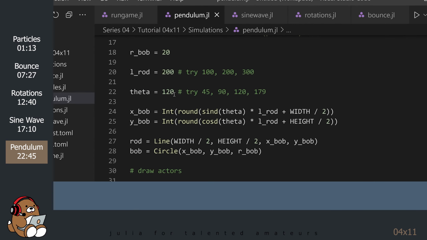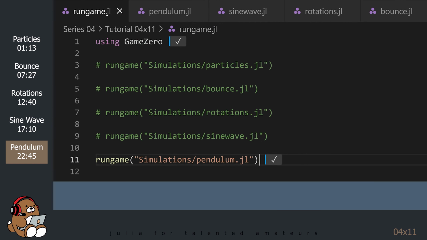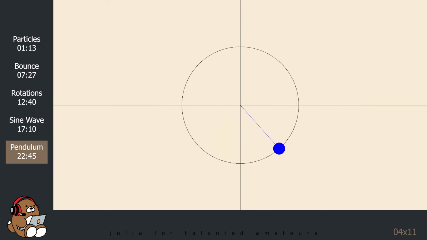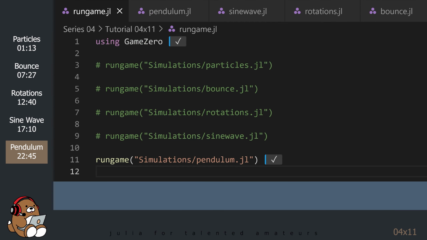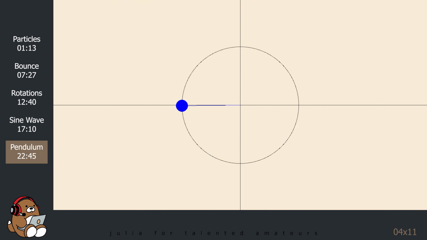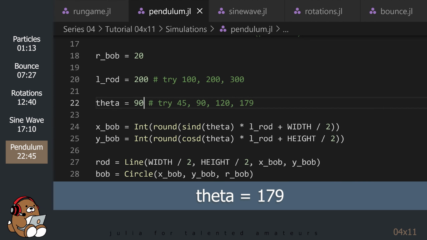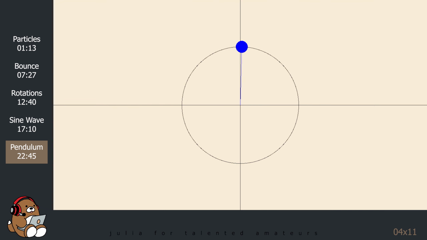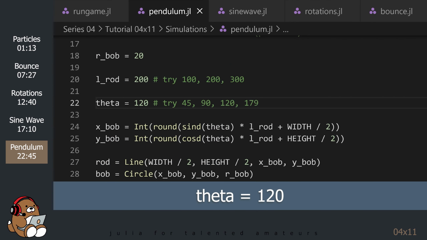For example, try different settings for the initial theta. Also try using different lengths for the rod.